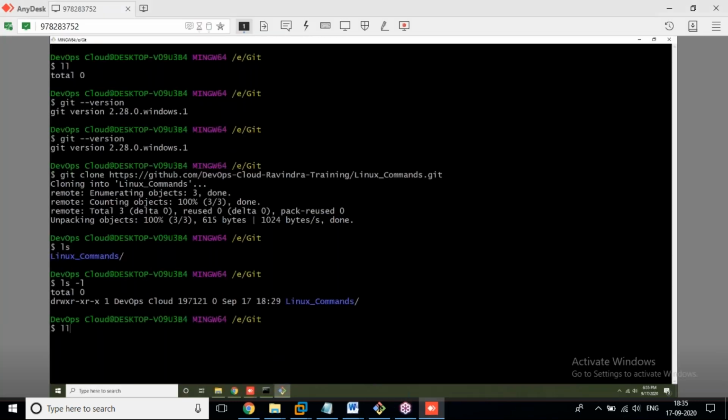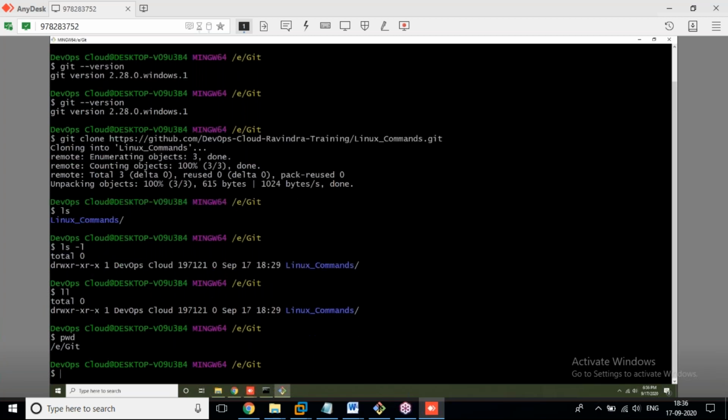And ll also gives long list format, ls -l, ll. Okay, now we are in this location, pwd, present working directory. This is our present path.